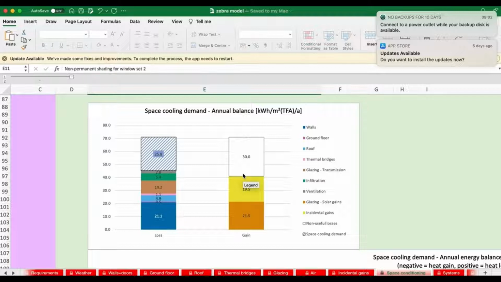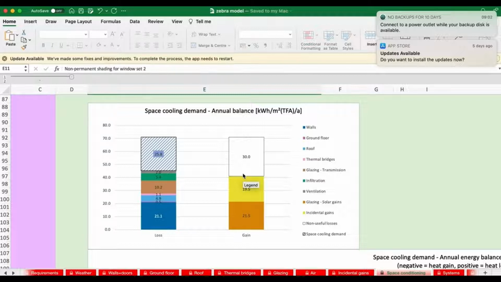And if we want to reduce the cooling demand, we're going to have to tackle those two objects. So somehow we're either going to have to shade the windows more, use glass with a different G value, or we're going to have to convince people to use less electricity in the building, maybe A-rated, highly efficient electrical devices and lighting would be one example.